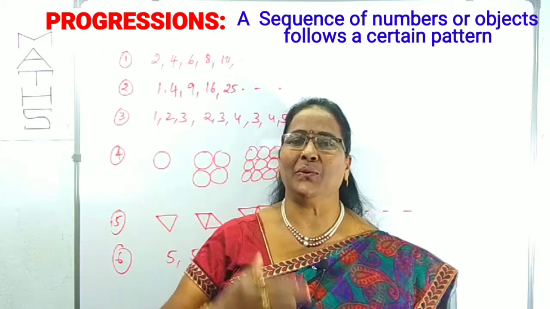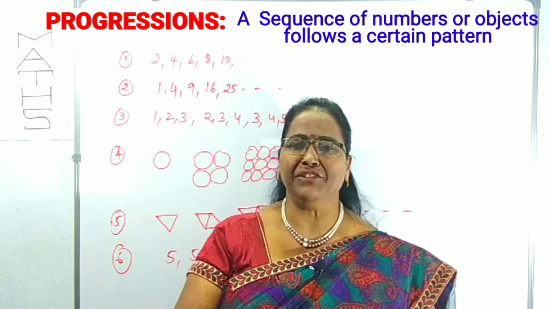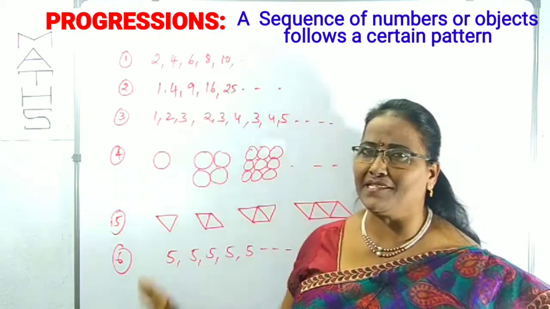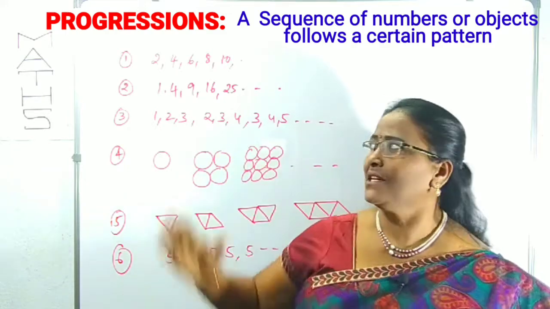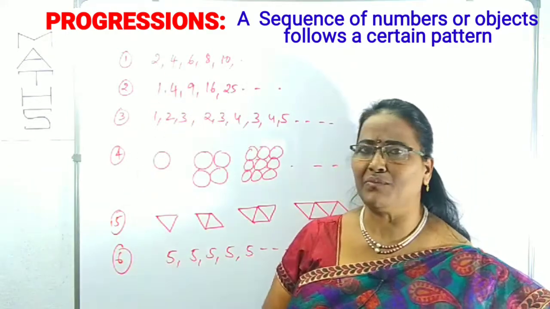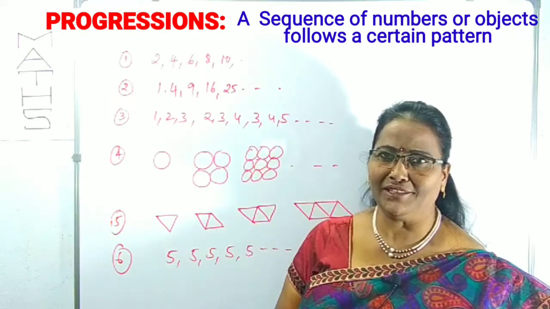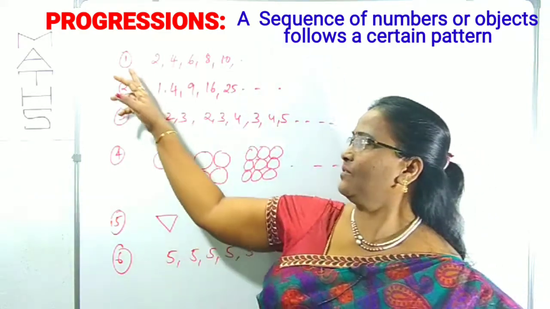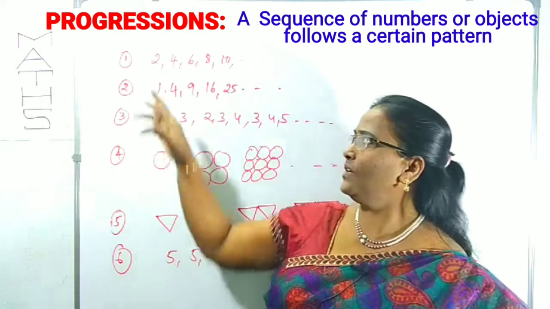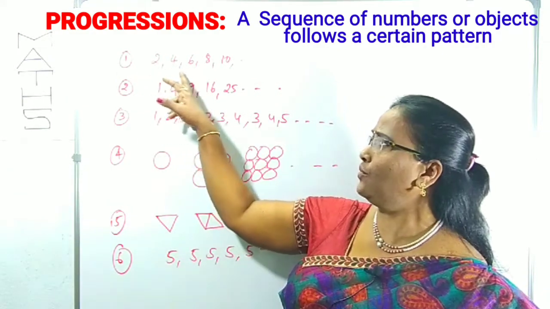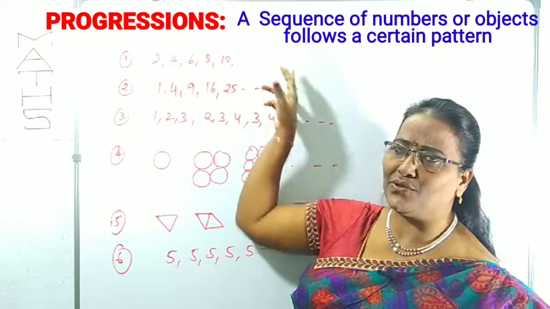Clear? So to get a clear idea about the definition, we can come across these examples. You can recognize the 1 to 6 examples I have given. You can recognize what its progress is one by one. Can you? Okay. Number 1. What we can observe here: 2, 4, 6, 8, 10 and so on.